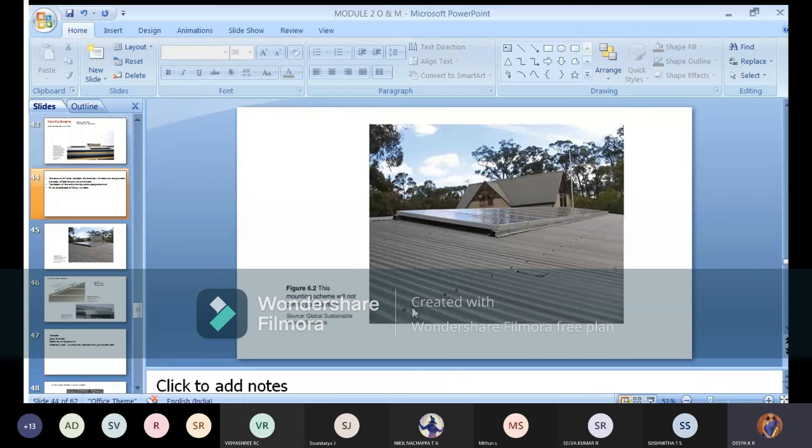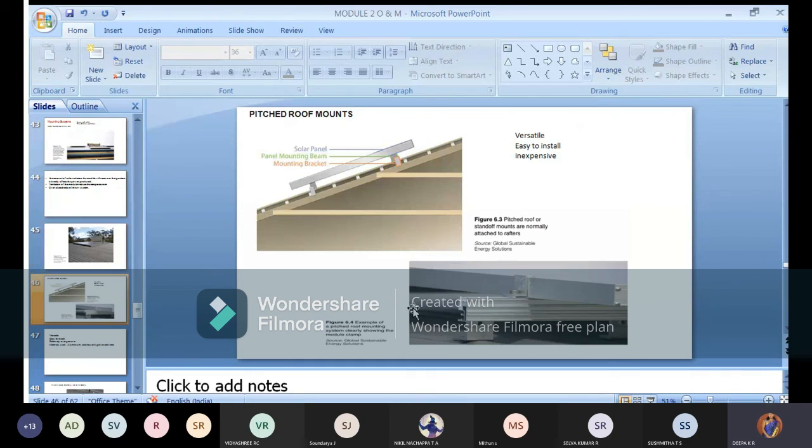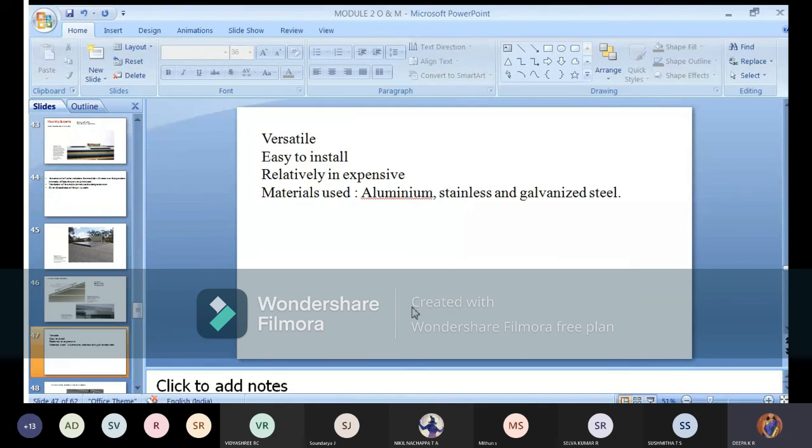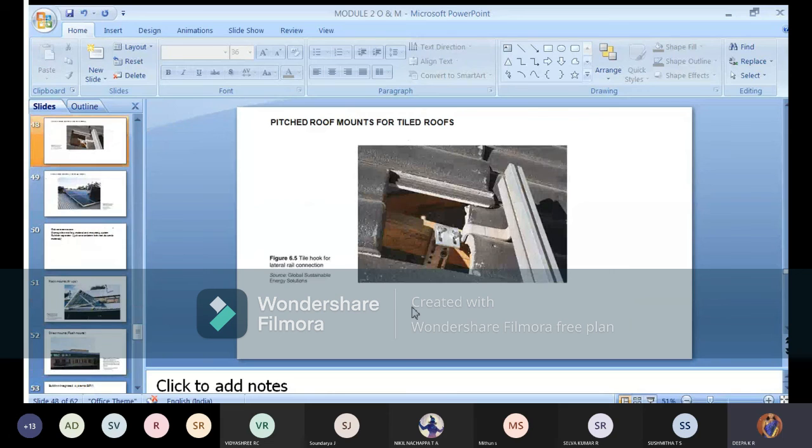Okay. Second one is pitched, a small variation of allocating the system on roof mounts by using different components like rafters, screws, nuts, bolts, so different kinds. Of course, with different shapes, a designer has to come and place it. So these things were recognized from the second type, that is the pitched roof mount. And after pitching, all the possibilities of installing these mounts were assumed. So next they assumed tiles. If tiled roofs, how to install? So that's what they call pitched roof mounts for tiled roofs.